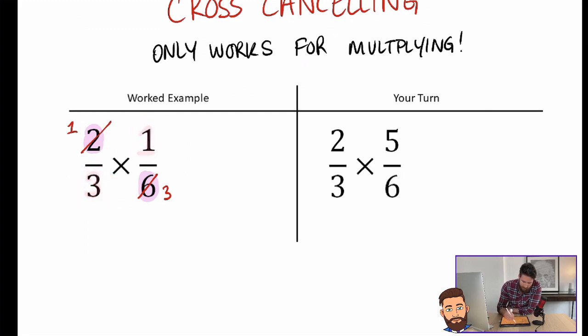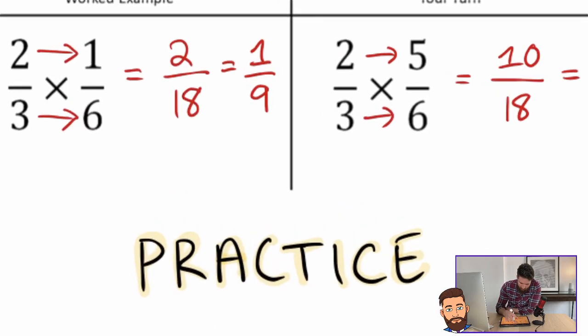And this is not a technique that you can use all the time. Sometimes you look at the diagonals and you cannot cross-cancel. Okay, but here we can. We can cross-cancel this and this. Now what we do is the same as what we just did, which is times across. But instead of doing 2 times 1, I'm going to do 1 times 1, which is 1. And instead of doing 3 times 6, I'm going to do 3 times 3, which is 9. And as you can see, I got the same answer, 1/9,